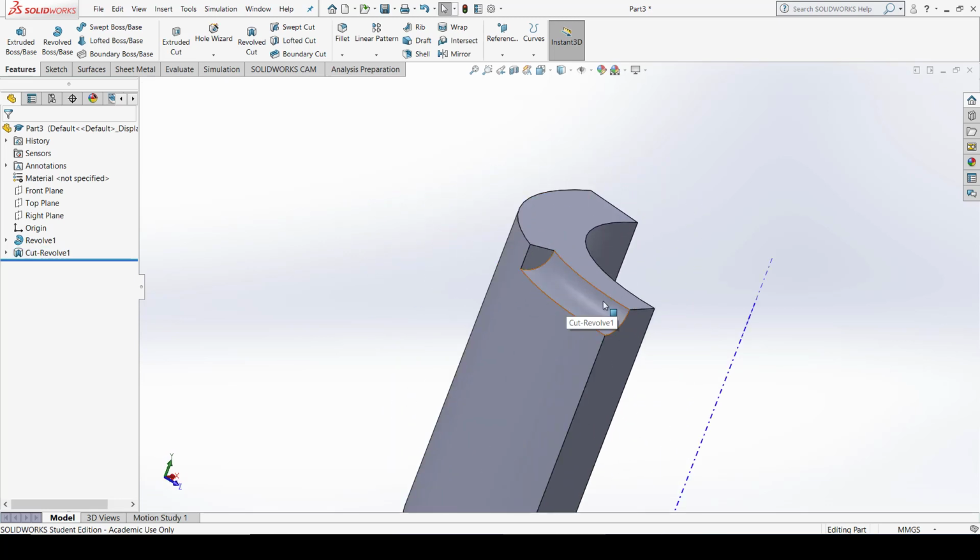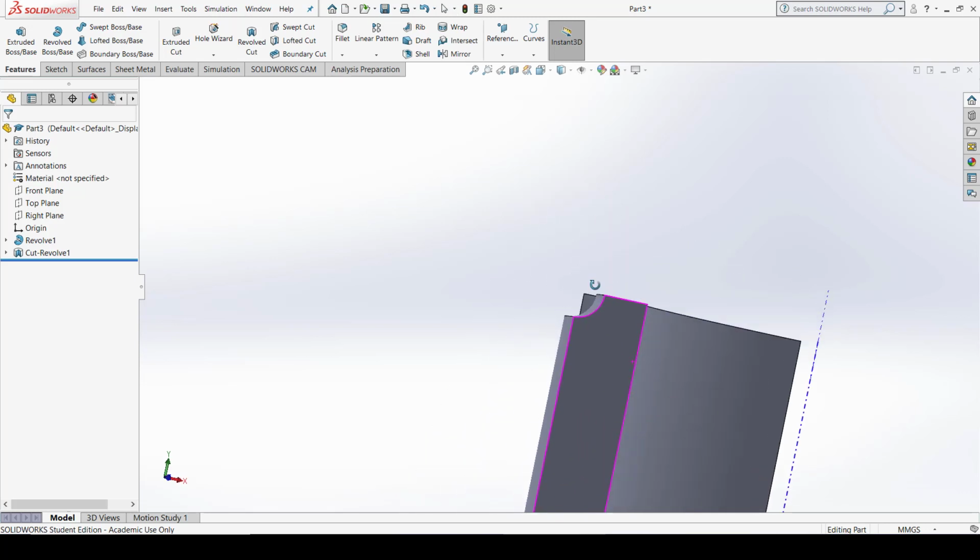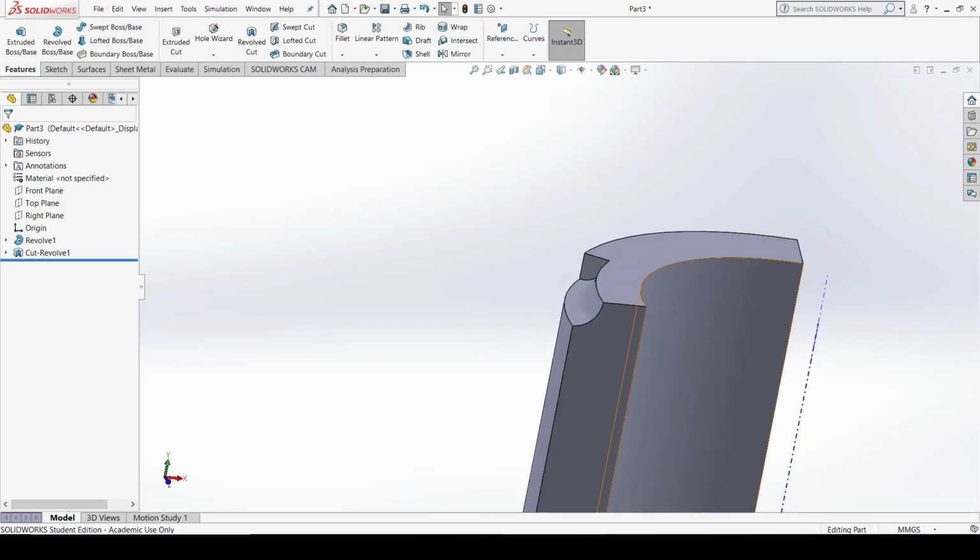Okay, so the revolve cut command is used to remove material from circular edges or circular paths or perimetrical surfaces. Fine. So this is how you can produce grooves also, or you can produce certain curves by cutting this. You can cut this entire surface up to this point. This is the last point up to which you can cut it.